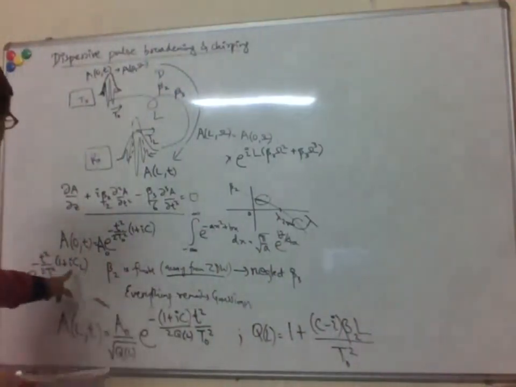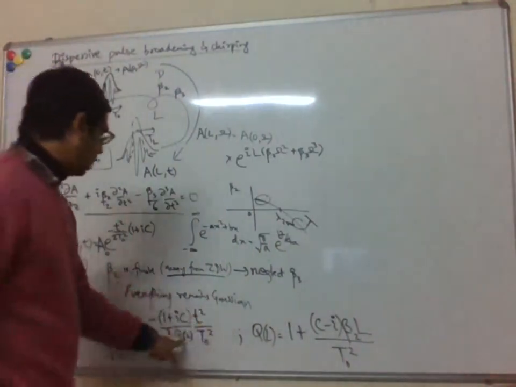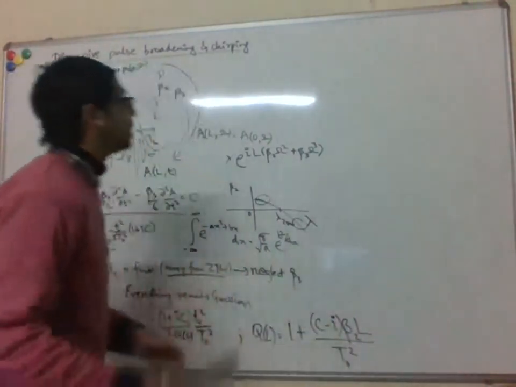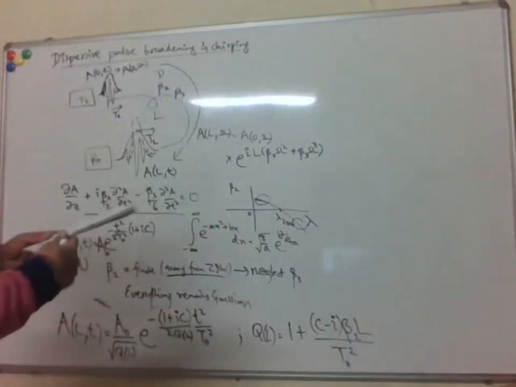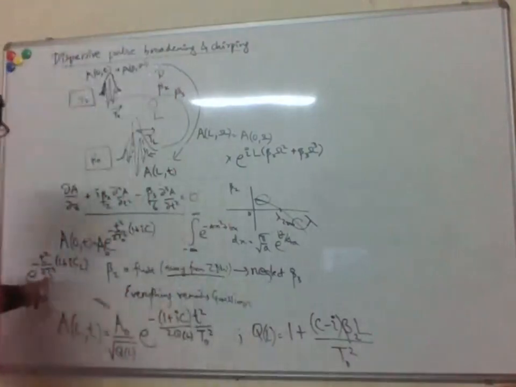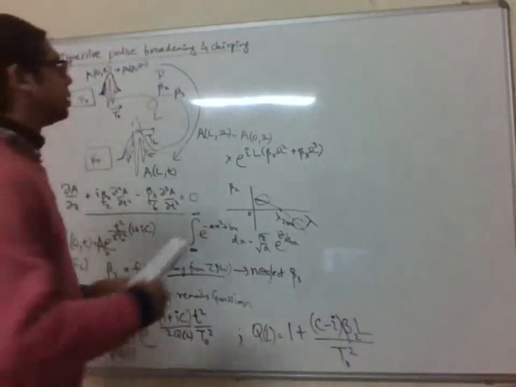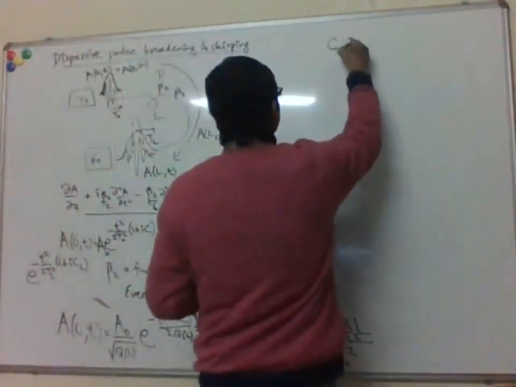Okay, and so by comparing this, I can find out what TL is in terms of T naught and Q, which also again depends on beta 2, right? So if you do that, firstly, if you can get both TL and CL in terms of the input parameters and the fiber parameters, right? So the chirp at the output